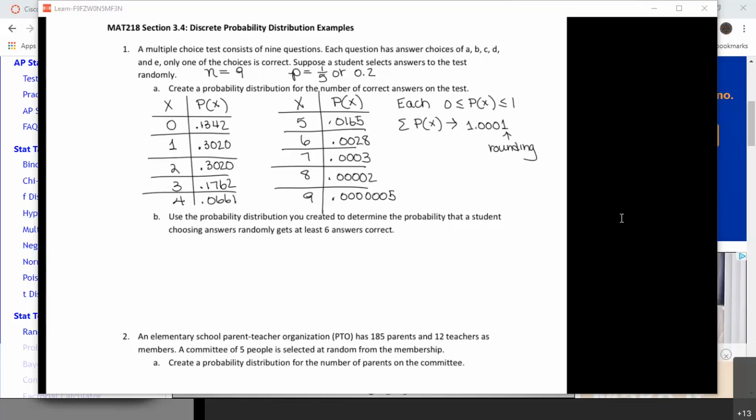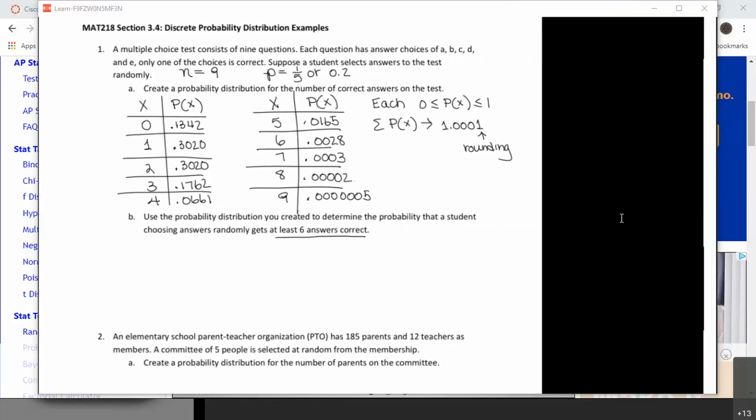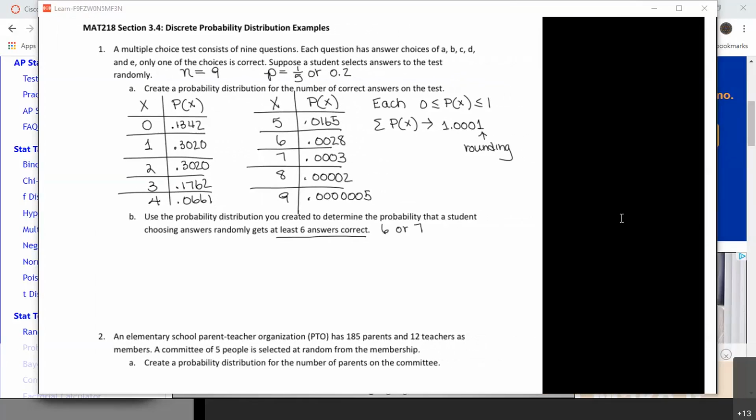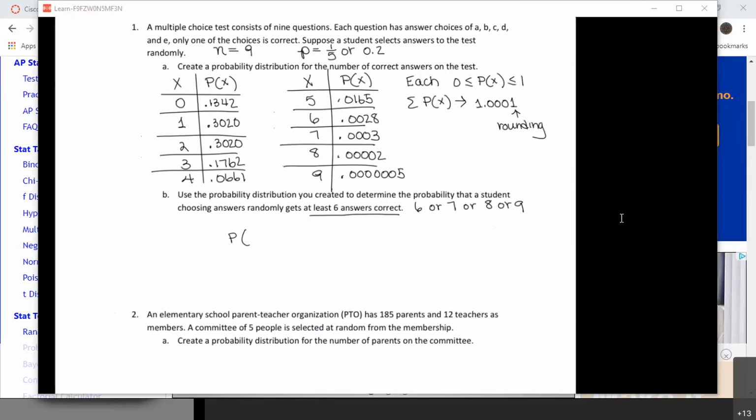Okay, so now I'm going to use my probability distribution to determine the probability that a student choosing answers randomly gets at least 6 correct. That's 6 or 7 or 8 or 9. Okay, and that means all I have to do is add up those values for 6, for 7, 8, or 9 correct answers. Okay, and when I did that, I got a value of,